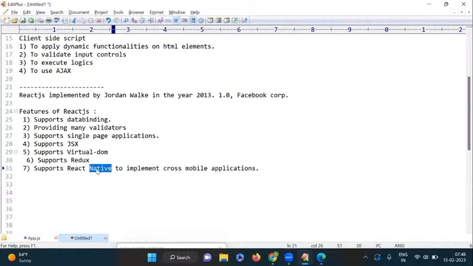The native package provides how to display the controls on the mobile phone. Here we are using HTML controls in web applications, right? In the same way, to work with mobile applications, we use native controls. If you know native controls, that is enough. Using React code, you can simply implement mobile applications, and those applications support any type of device. That is the main thing. Okay, next one here,